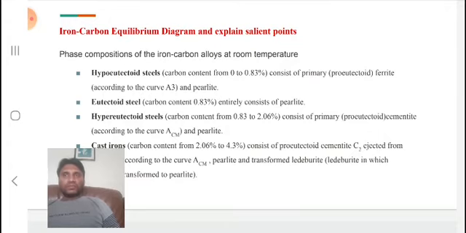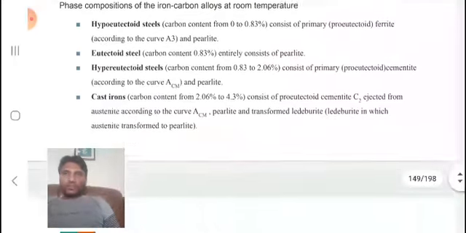And hypereutectoid steels, irons containing carbon content from 0.8 to 2% carbon, have phases present at room temperature that are perlite plus cementite. So cast irons